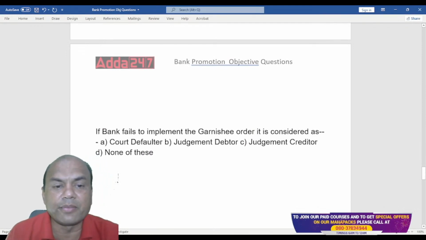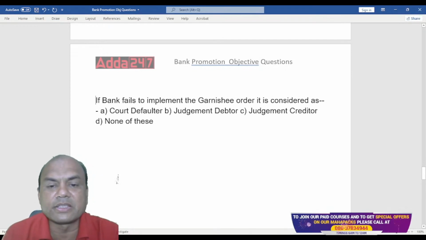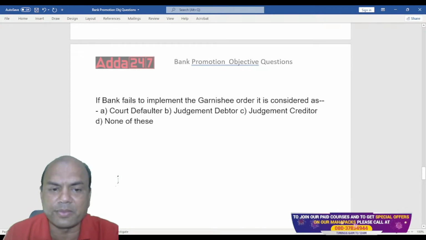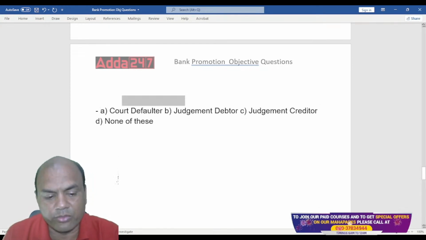If the bank implements the Garnishee order, it is considered as, so if a bank fails to implement the Garnishee order, if the bank,